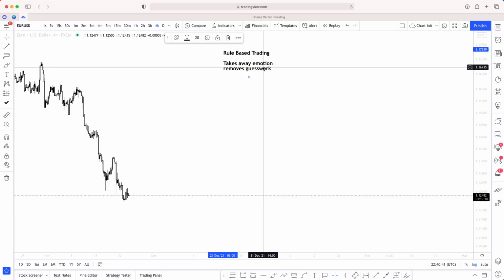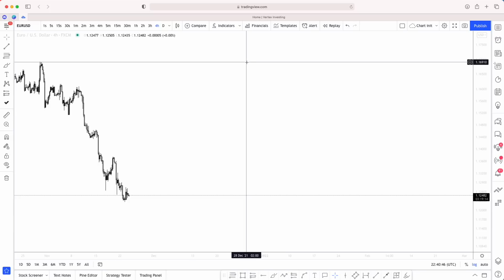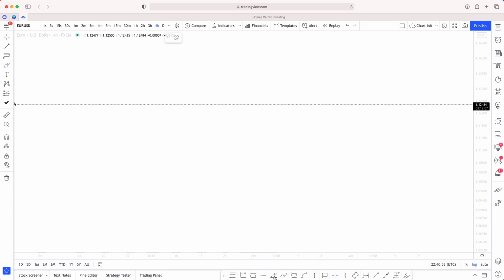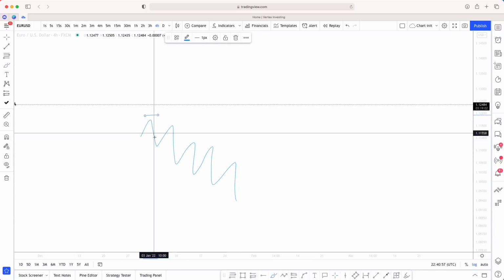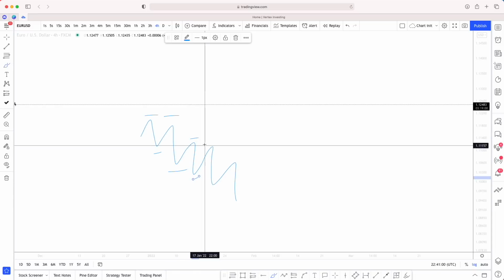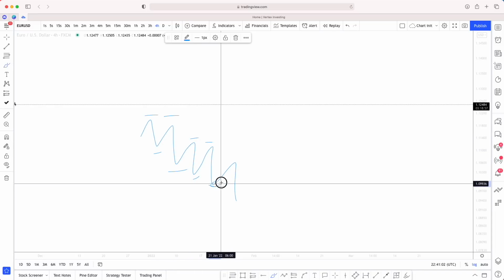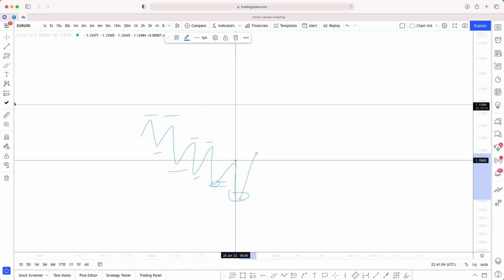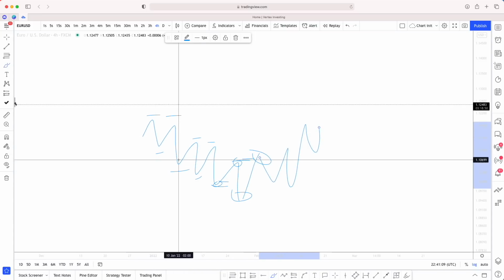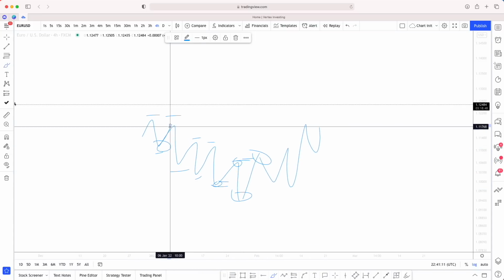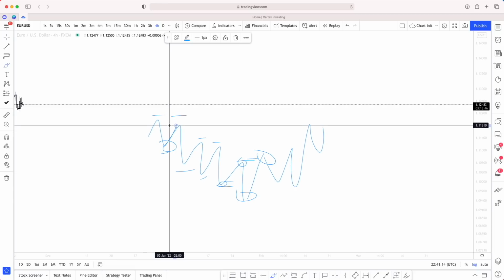Now, what we should have already learned from this channel is the idea of liquidity, and you should understand order flow as well, okay? In terms of liquidity, we know that liquidity is sitting above every single high and every single low, okay? Every time a low gets broken, liquidity is being taken, and when a high gets broken, liquidity is being taken, and so on, right? That's what fuels the market.